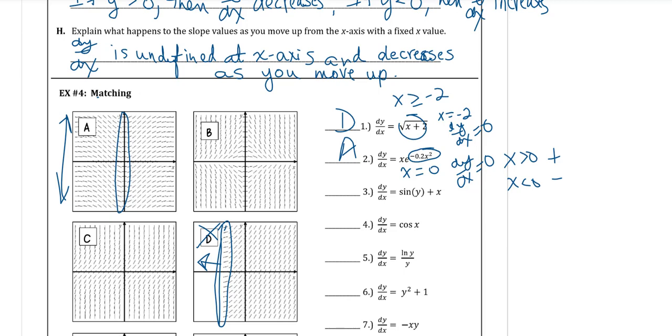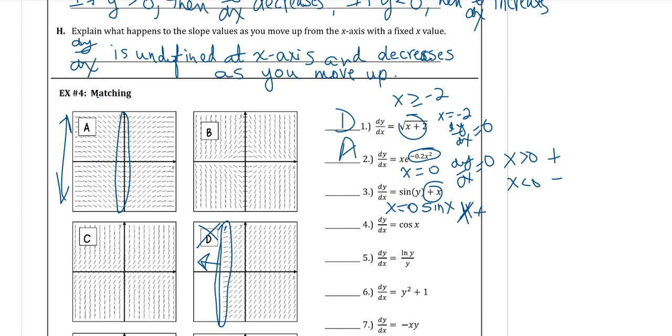Okay, so for number 3, what I want to remember is that if I just look at where x equals 0, I'm just looking at sine x. So along the y-axis, I should be looking at something near the y-axis that looks like a cosine graph. Because remember, sine is the derivative of negative cosine. So I'm looking for a flipped cosine graph near the origin, and then it's going to be shifted left or right by a value of x. And again, I want to take note of the fact that if x is positive,